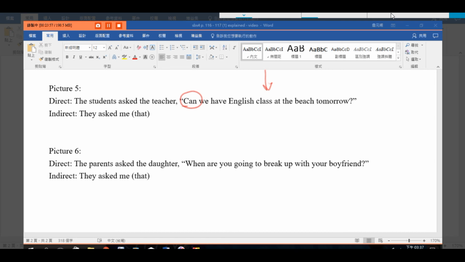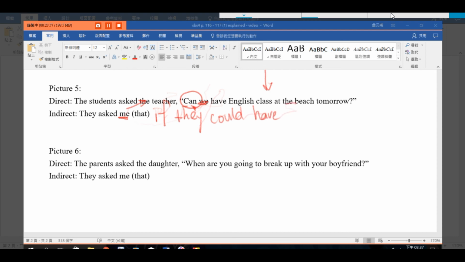So this is how we're gonna do it. They, meaning the students, ask me, meaning the teacher. Okay, they ask me. Now remember, yes/no question, we have to use either if or whether. Let's go with if. Okay, make sure that the subject is before a verb. So if they, meaning the students, all right. Can, the past tense of can is could. So if they could